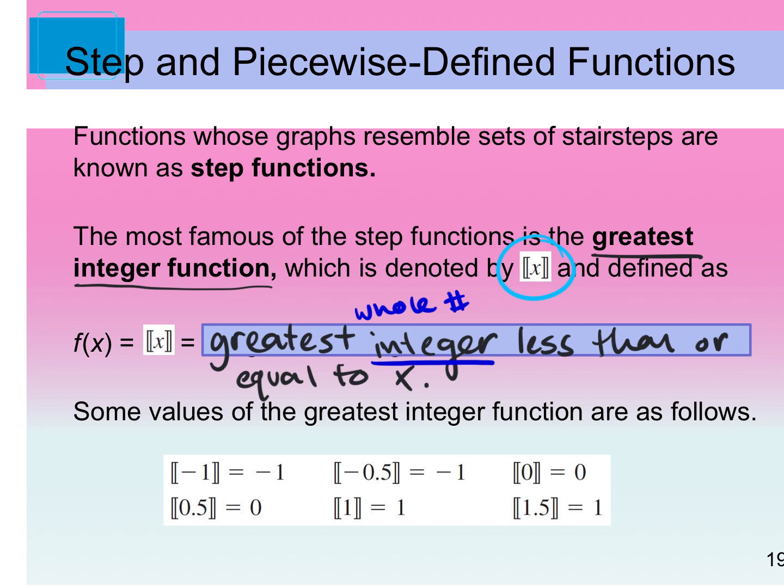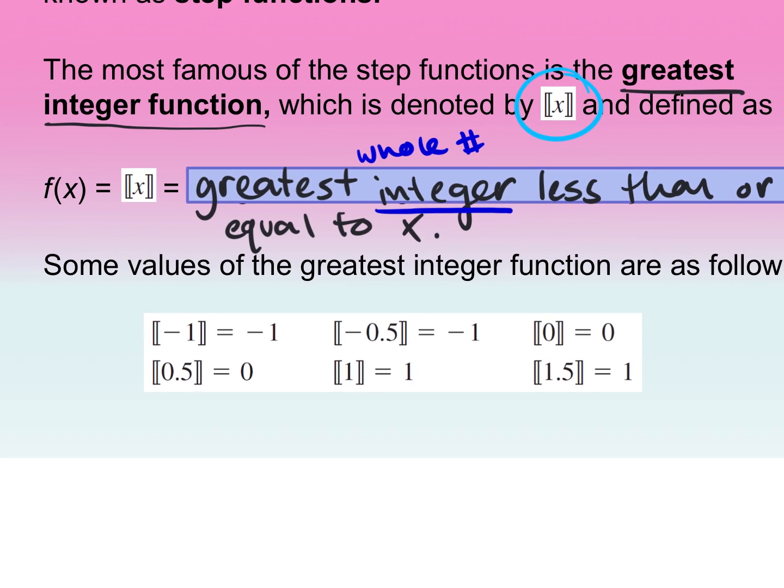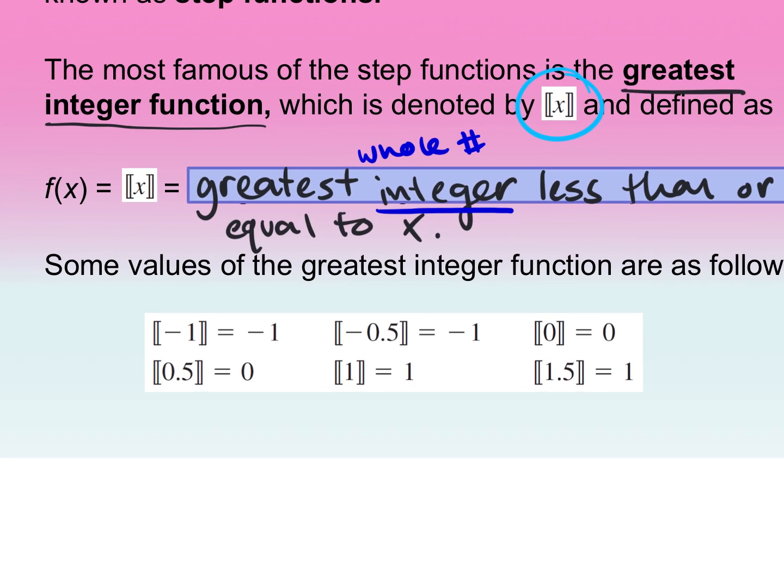So it gives us a few examples. So it could also be equal to, so if we had the greatest integer of -1, the nearest whole number to that would be -1. If we had 0.5, the nearest integer to that without going over, so that is less than 0.5, would be 0. So if I had the greatest integer of, let's say, 1.9,